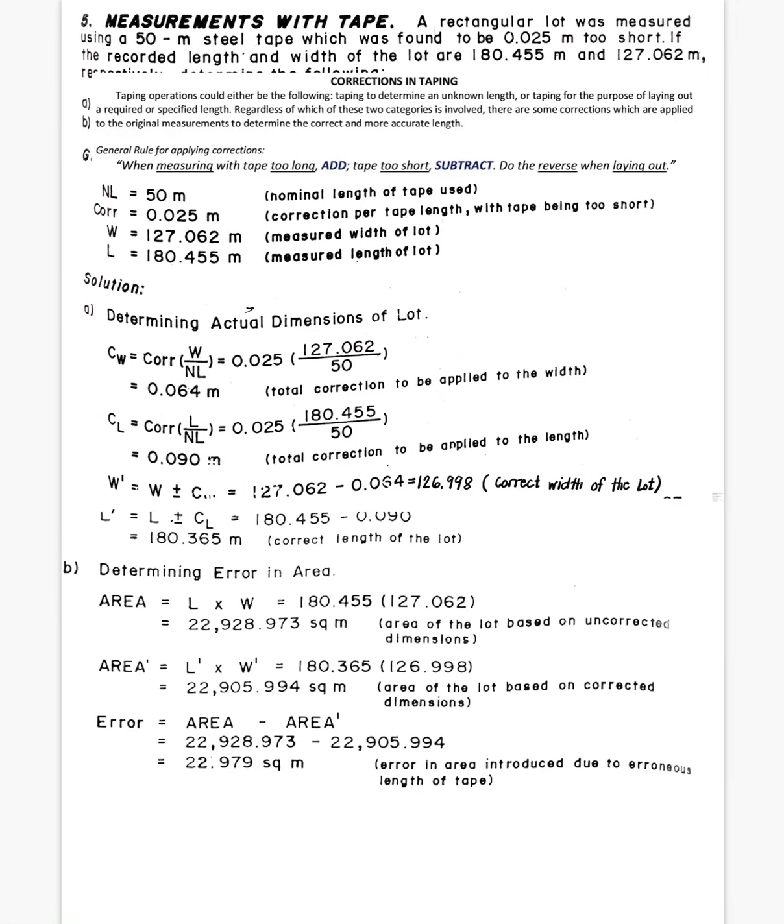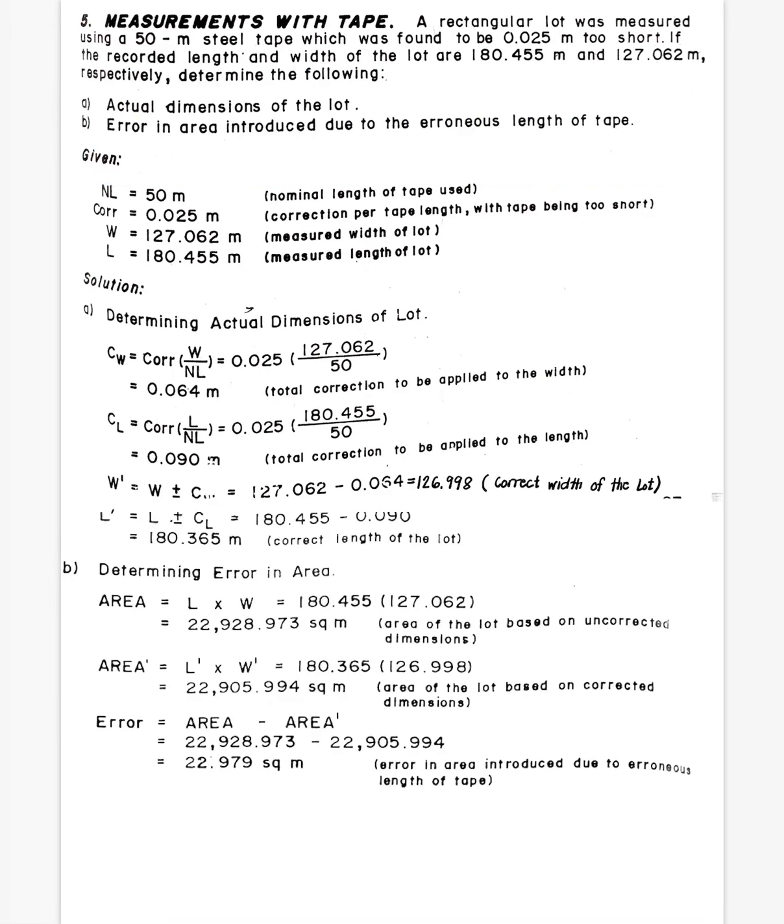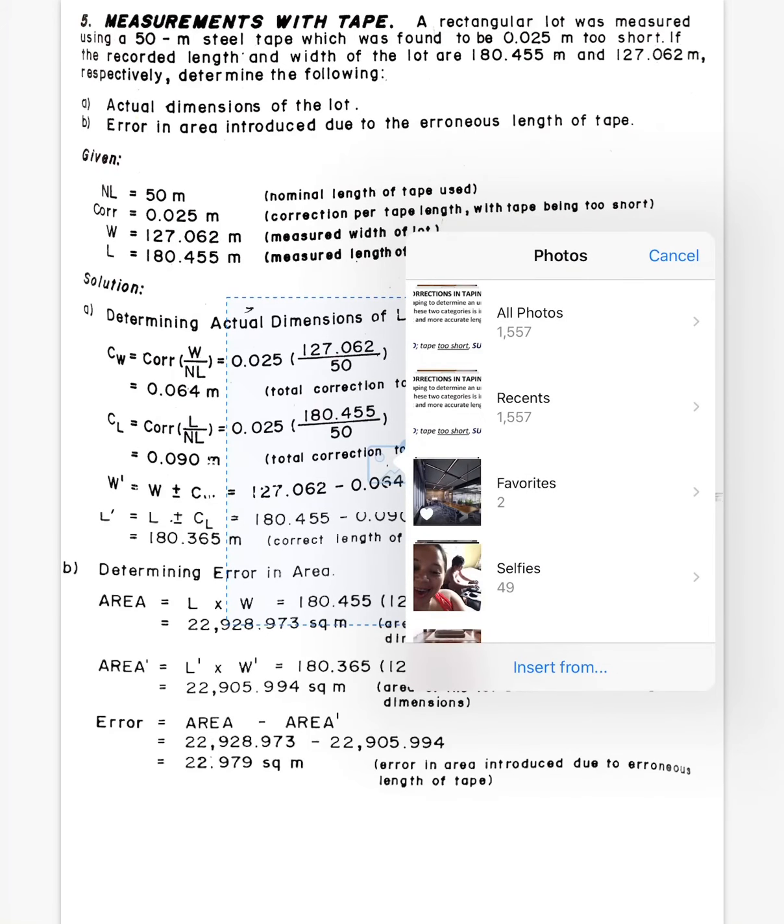So when measuring tape too long, you add, and if that's too short, you subtract and do reverse when laying out. So therefore, when laying out, tape too long, subtract, tape too short, add. Okay, that's for laying out. Okay, so to continue,